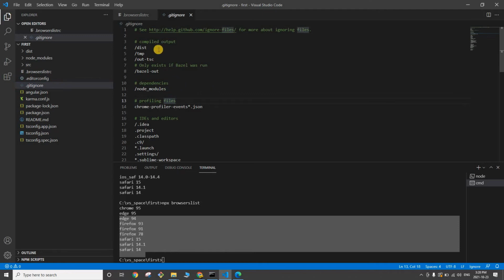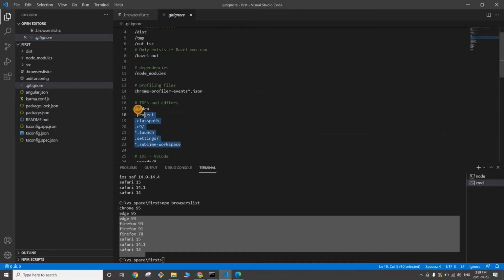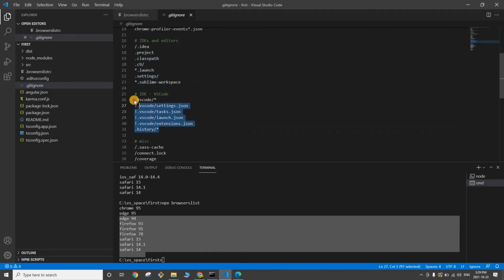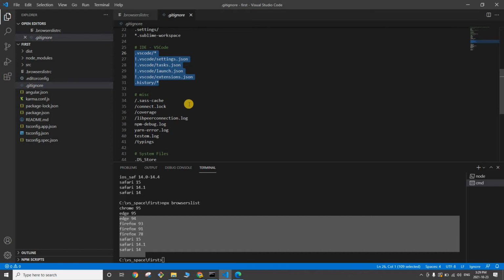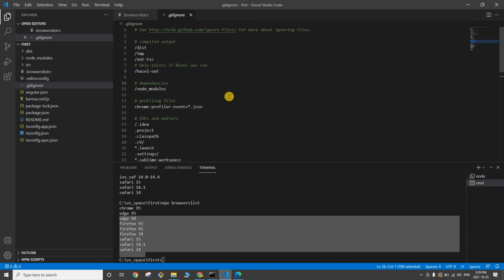So similarly, if you see here, we don't commit dist because every time you run your build, a new version will be created. Temp output of your TypeScript compiled code, it generates the compiled files all the time. node_modules, where you have all your libraries. And if you go down, here are your settings that are specific to your IDE, right? You see here, it's specific to your VS Code and all, right? Gitignore is a file where you mention the files or folders that you don't want to commit into the git repo. As simple as that. All right.